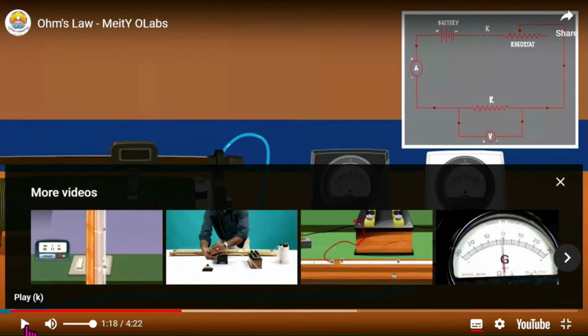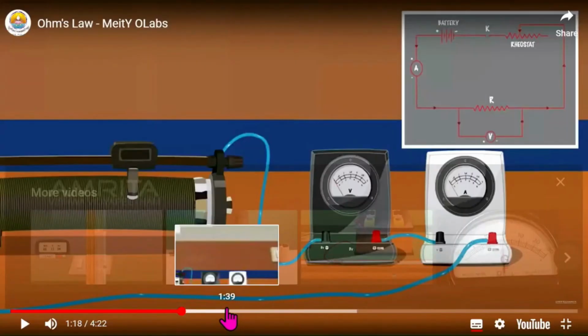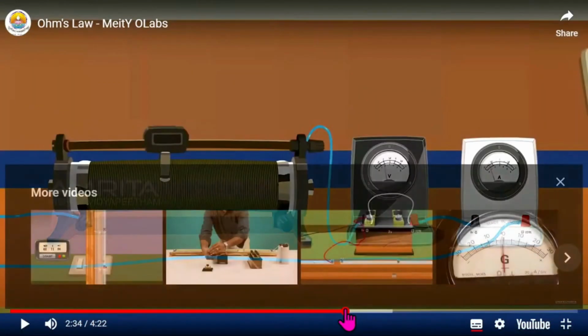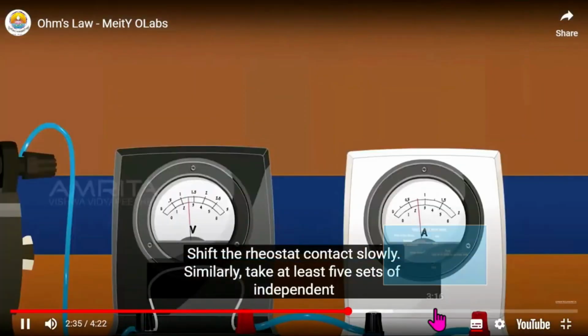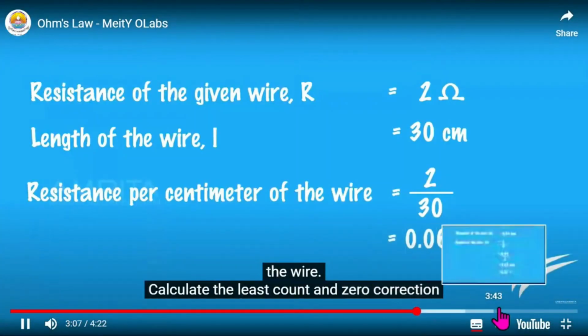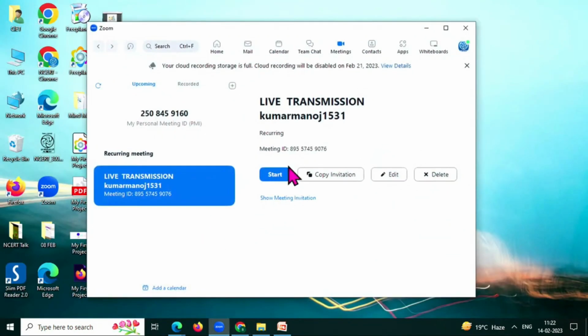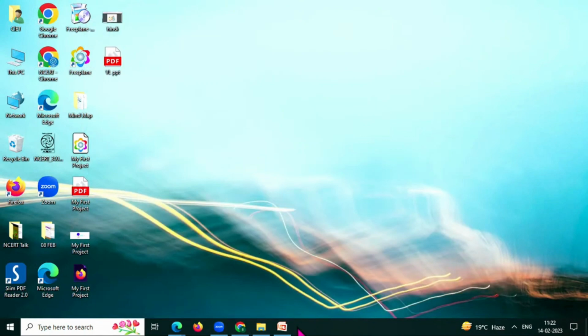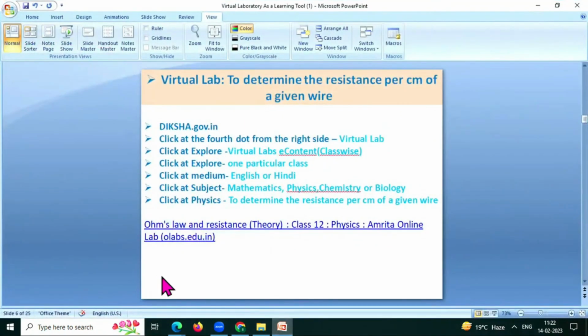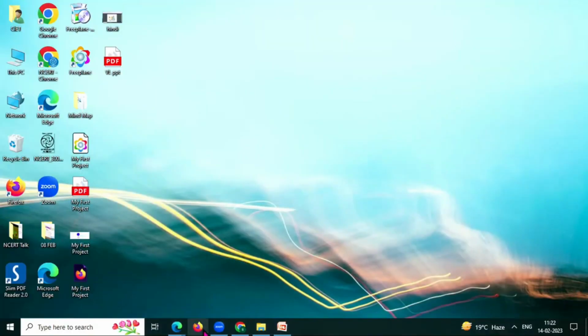So, you can see that the circuit diagram is also given, and with the help of the circuit diagram all suggestions are given, how to make connections, which wire is to be connected from positive and negative, and then again we can see here the rheostat contact slowly, and then calculate the resistivity, the specific resistance of the material of the wire. Resistance per centimeter of the given wire is 0.066 ohms per centimeter, and resistivity of the material of